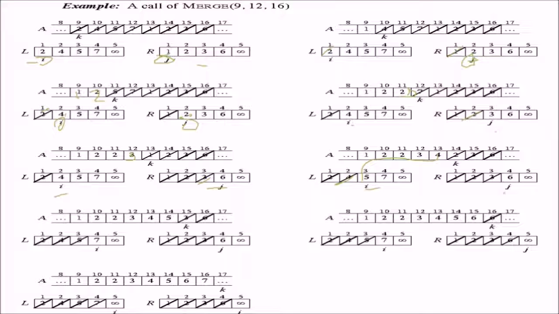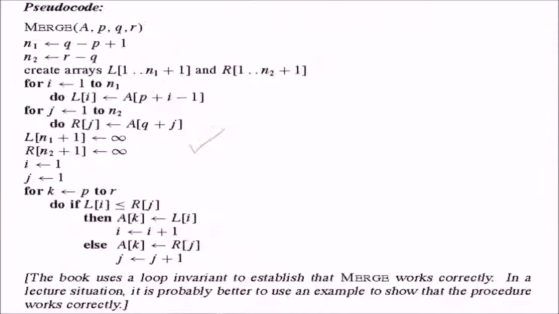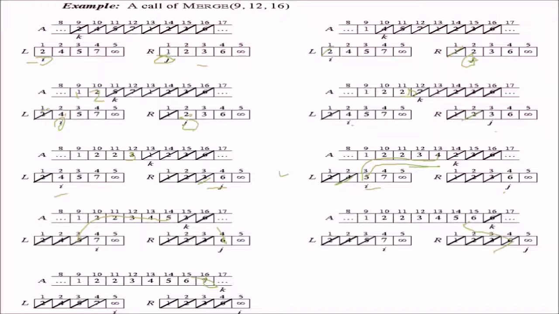Now i is here, j is here, 5 and 6. Which one is the smaller? 5 is the smaller. We place it here and we cancel this 5. 7 and 6, we compare them. Which one is the smaller? The 6 is the smaller, so we move the 6 to this position and we cancel it. Now we have 7 and we compare it with infinity. 7 is going to lose to infinity by any means, so let's just replace 7 by this. So this is what I was talking about in these sentences, but don't worry, I hope you understood this.